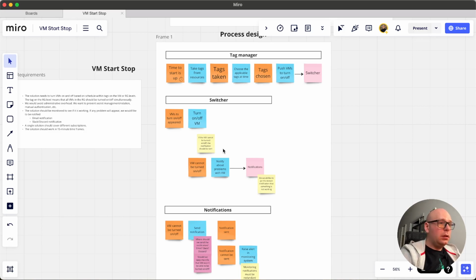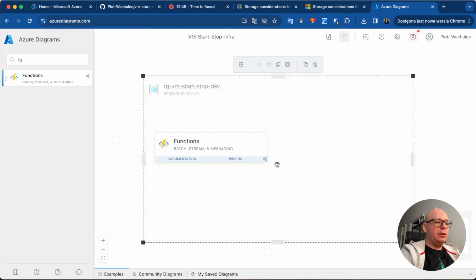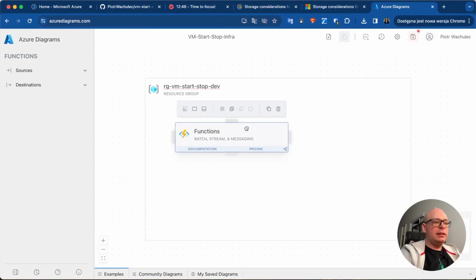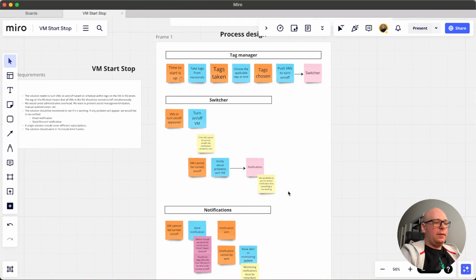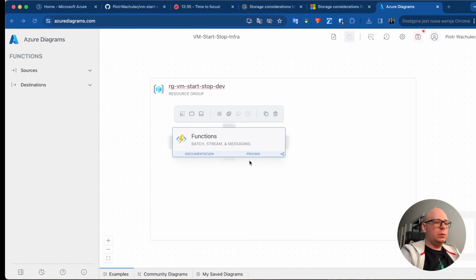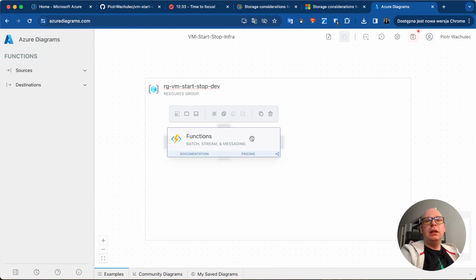But for now, I think it will be easier to have everything written in one place as a modular monolith, but we will use functions due to the fact that I think it will be kind of easy code. Choosing the language and the technologies we will talk about later,